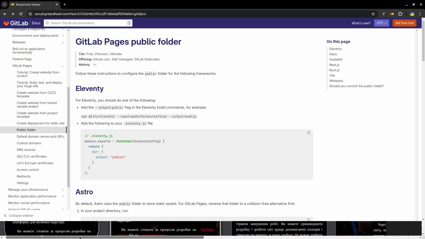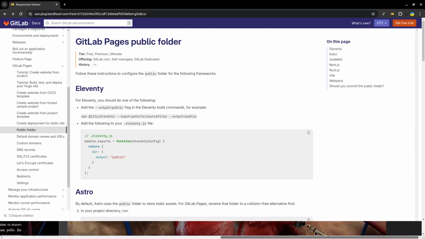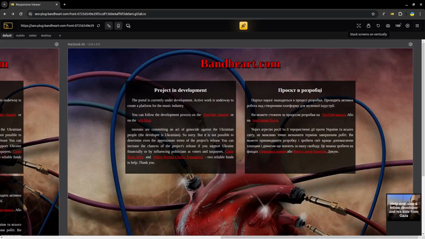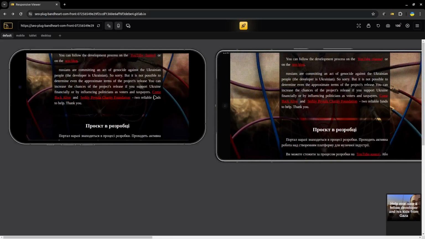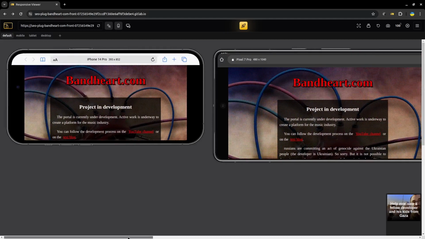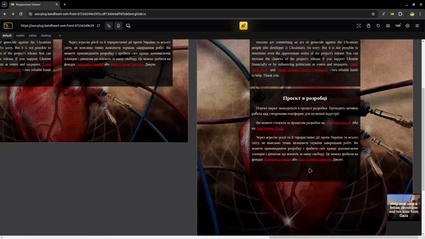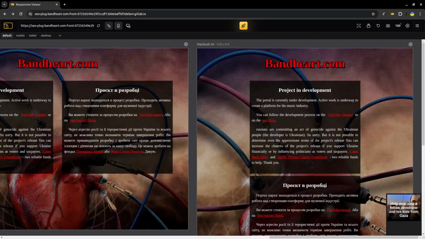There is one rule for GitLab Pages. The index HTML file should be placed in the public directory, and other files too. In my case, I placed it manually. In your case, usually you should configure the build of your framework to output to the public directory or make a CI script that will create this directory and place the files in it. For example,